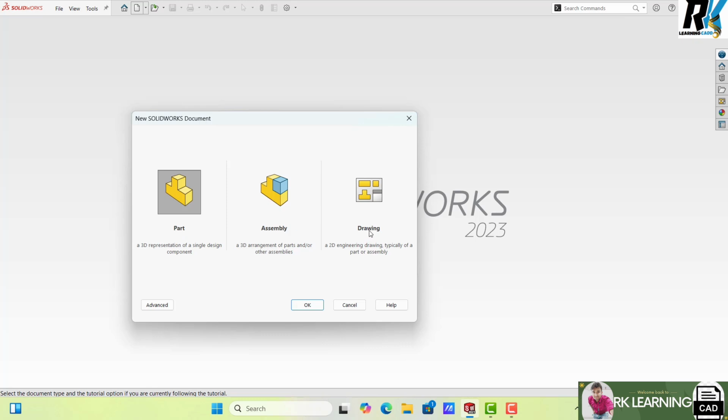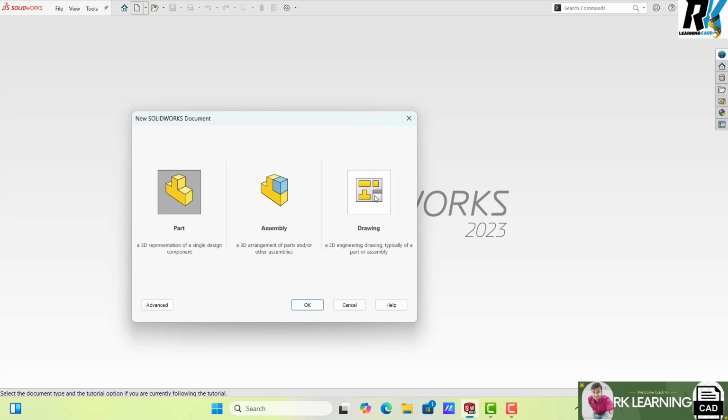Part means if we want to design anything, like part design, surface design, or mold design, any kind of design we want to create, we go in part design. Now we have already generated more parts and I want to assemble them, so we go in assembly. Now we have created parts and an assembly. Now we have to create 2D drawings, which are used for manufacturing, so we go to the drawing tab.